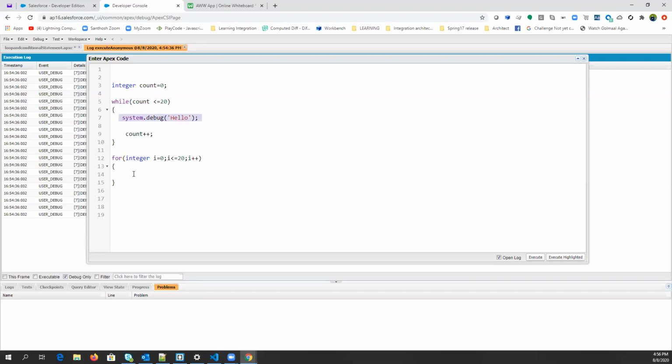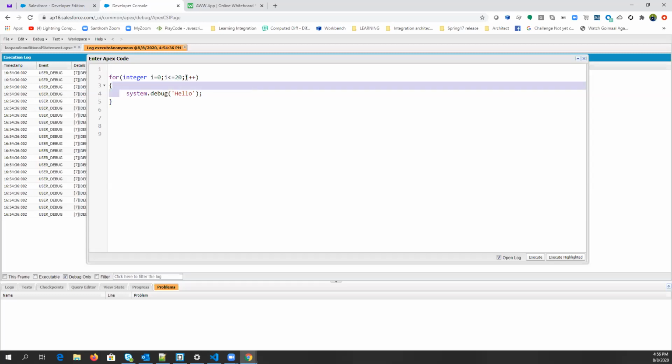So let me just copy this here and remove this code from here. Now after execution, it will go to the last part and increase the value of i by 1. So now the value of i the second time is 1, and it is less than 20. Yes, and then it will print again. i plus plus. Third time the value of i will be, sorry, 2. So it will go like this, right? So you can simply check till the time the value of i is not greater than 20, it will print hello. Is that clear, guys? Yes.